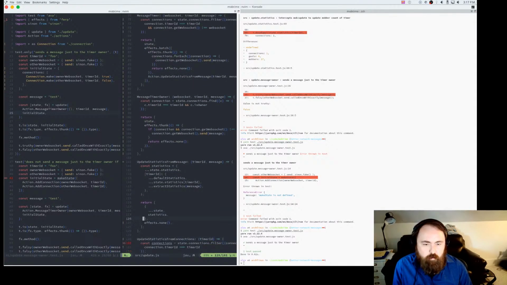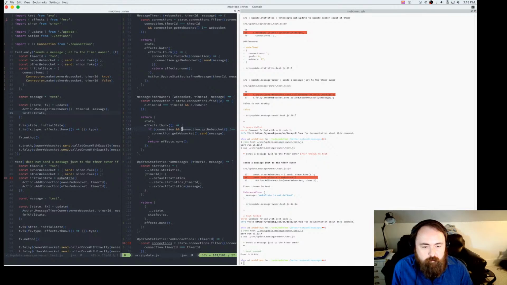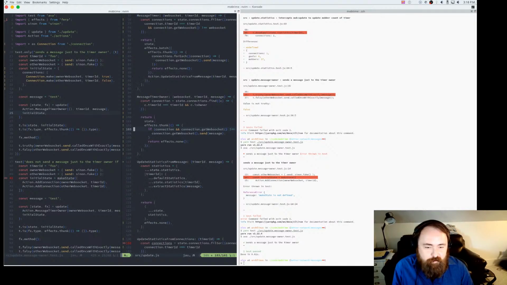So message timer owner finds the timer owner, and as long as yeah, we just say arbitrarily message the timer owner. We don't even have anything that's like by the way, oh never mind, here down here in the thunk we actually say, oh you know, if as long as they aren't the same as the connection we're sending the message to.